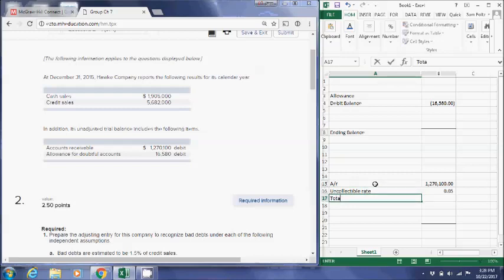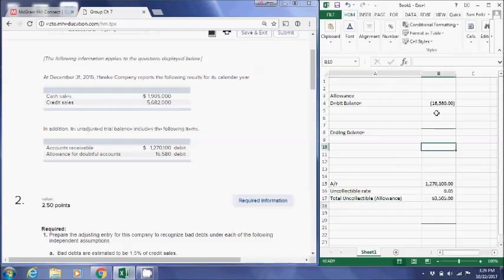So now we have the total uncollectible, which should be our allowance. So we take the 1.270 million times the 5% rate, and we see that we want our allowance account to have a